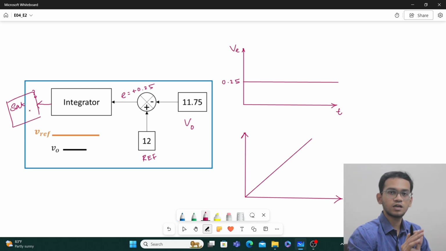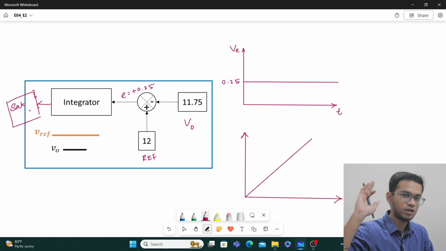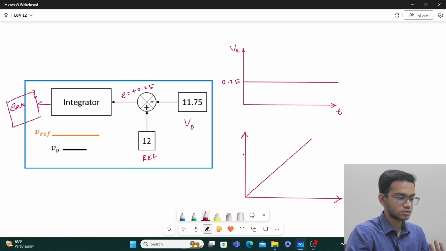Whenever we use an integrator in the practical world, we will ensure that we put a saturation block at its output, because there may be a malfunction in the system. Your plant is not behaving properly, there has been some fault or something. In such a scenario, the integrator should not keep raising its value over a long period of time. It's not at all safe. So we saturate it. So when we saturate it, we say that, okay, you keep observing the value. If it is going more than some value, say for example, we are very much interested in employing this integrator